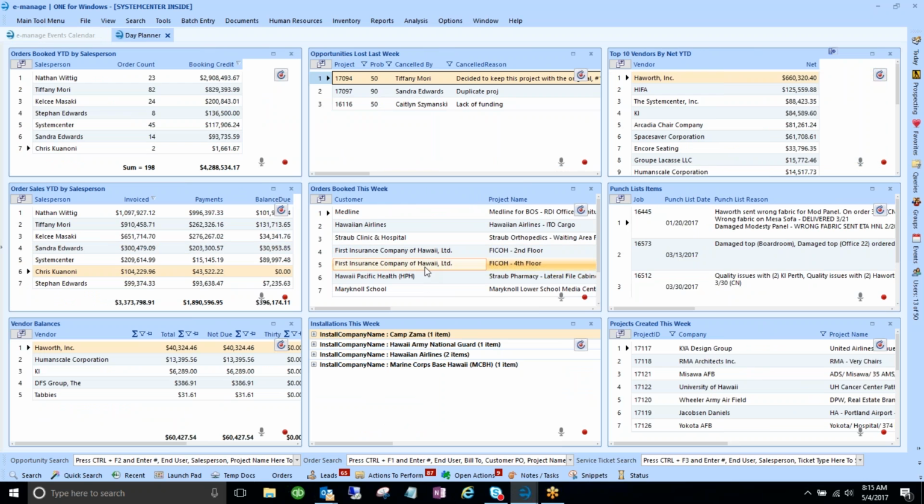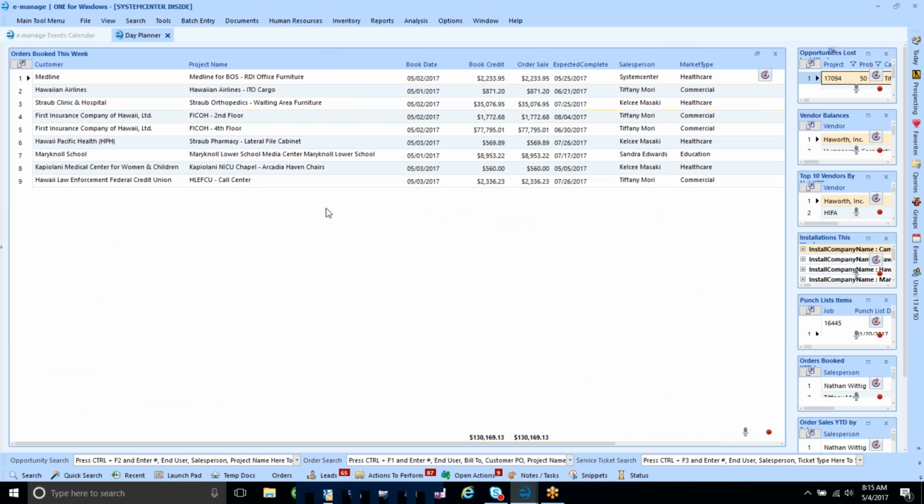With these grids, just like any other grid in the program, you can modify these grids. Okay, are you familiar with modifying any of the grid layouts in eManage right now? Yeah, I mean, I know that you can make columns editable and not editable, and that type of thing. Right. Okay, so what you can do is,